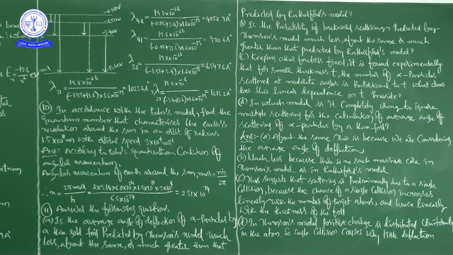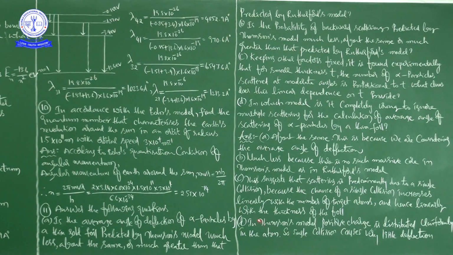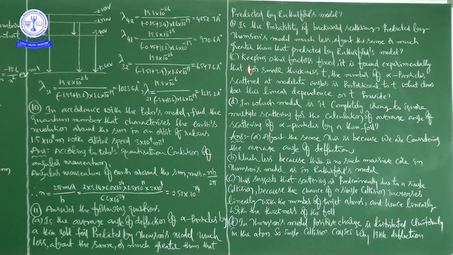These are very important models. One is Thomson's, another one is Rutherford's. So answer the following questions, right? Here we have 4 questions. First I will read you the first question, then I will go for the answer, then I will go for the next question B, and then the answer, and then C, answer, D, like that. Because if I explain all the questions and all the answers together, you may not catch up, right? So the first question is